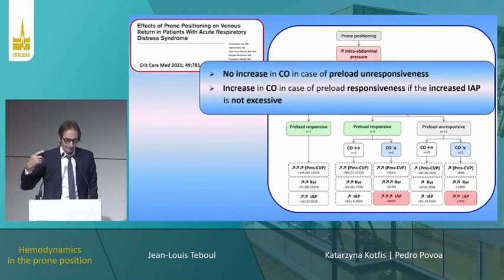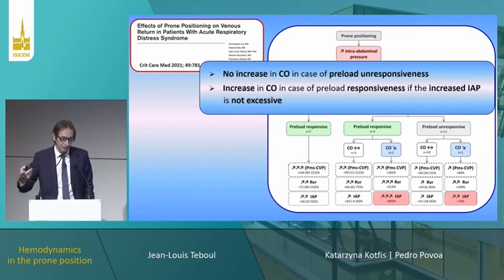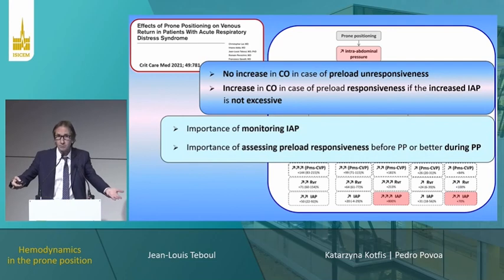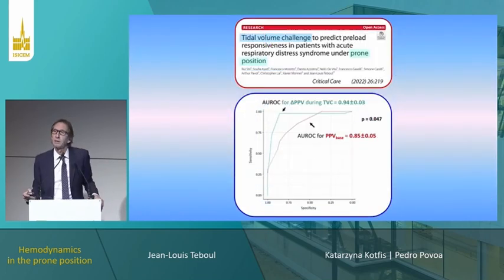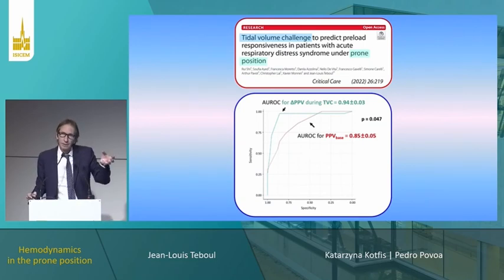So what is important is that there is no increase in cardiac output in case of preload unresponsiveness. This is physiology. And an increase in cardiac output in case of preload responsiveness if the increase in intra-abdominal pressure is not excessive. So it is important to monitor intra-abdominal pressure when you prone the patient. It is also important to assess preload responsiveness before prone position or better during prone position. It could be better. And in a recent paper with Ruichi and others in my unit, we tried to look at